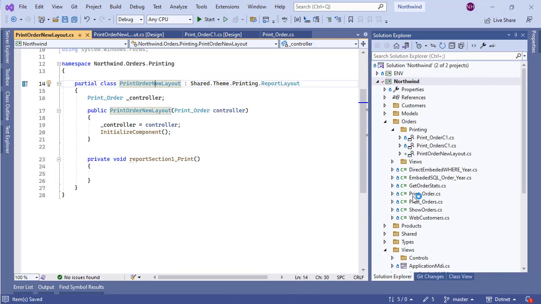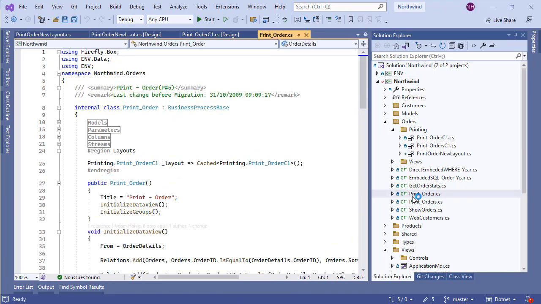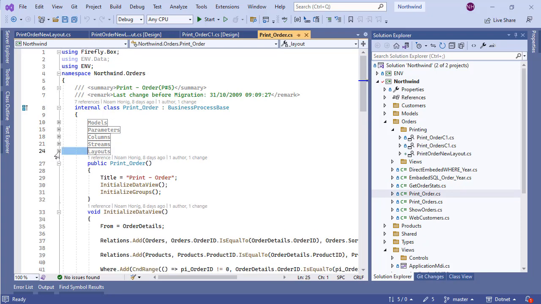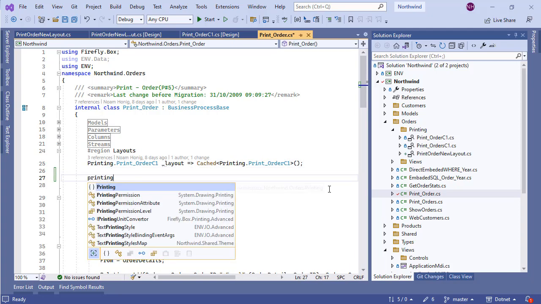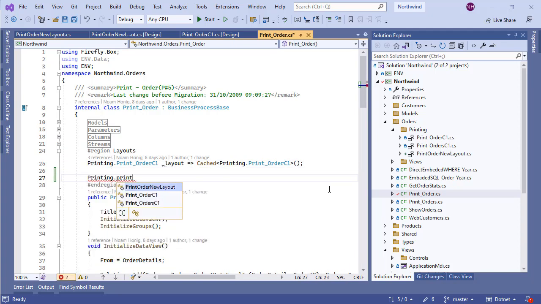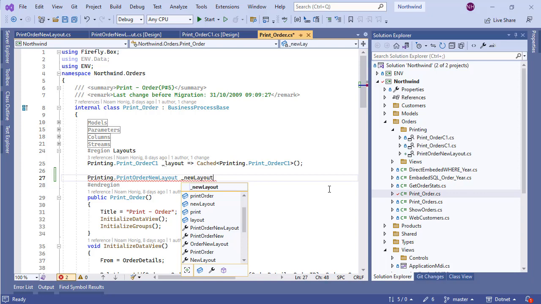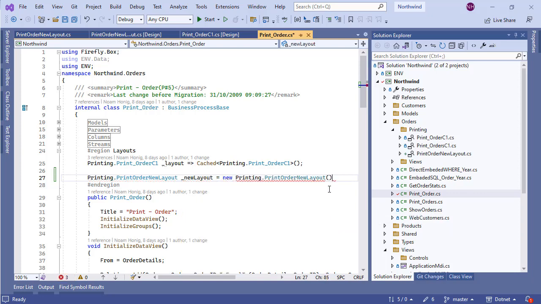So I'm going to go to print order, and there's the layout sections over here. And I want to define my layout, and I'm going to start very basic. So I'm going to go to printing dot print order new layout, and I'll try to make a new, but I'll probably get an error because I need to send it this, and you cannot send this at this position. Okay, so I'm going to say okay, no problem,